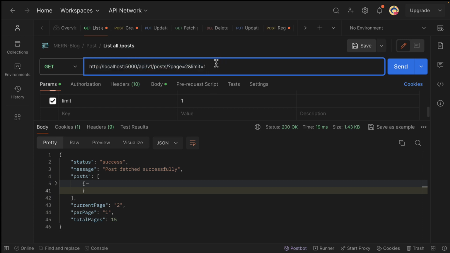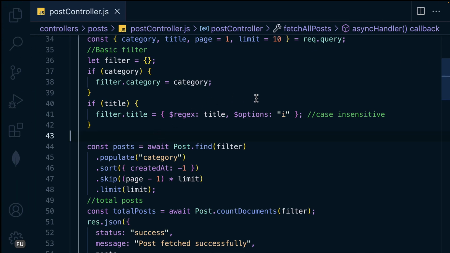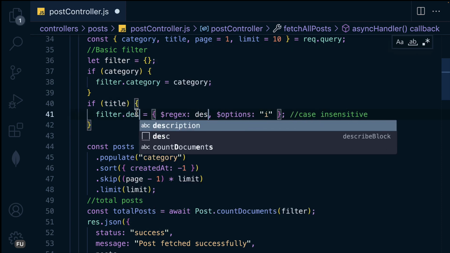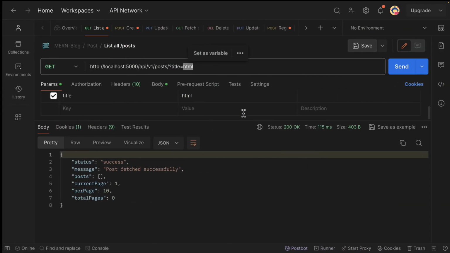Let's also make sure that the searching is working. So here I will say title is equal to HTML. If I hit send, now I think we have something different. But remember, we are using what is called the description. We don't have a title for the document, but instead we have the description. So here we're going to change this one to description. Awesome. Now with this one, let's try out. This one is supposed to be description as that. Yeah. So now if I hit send,